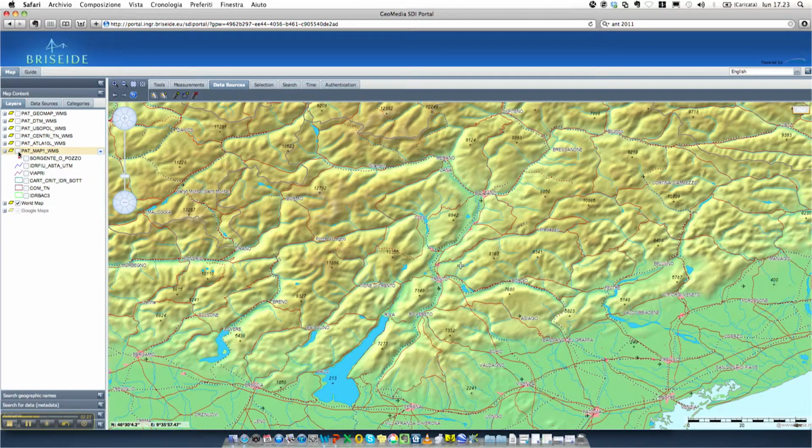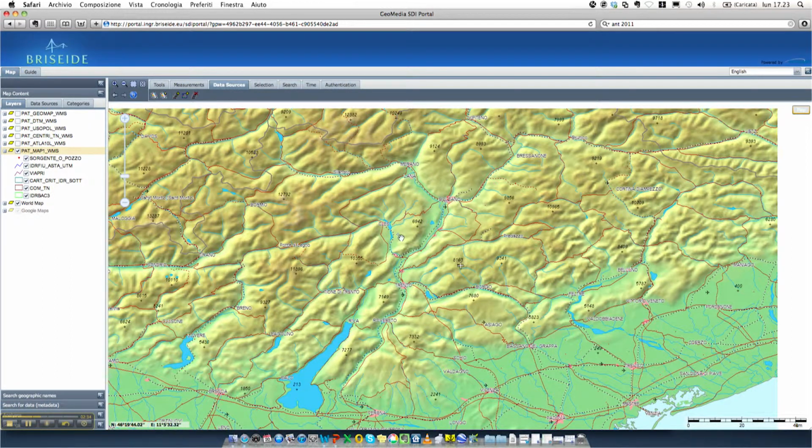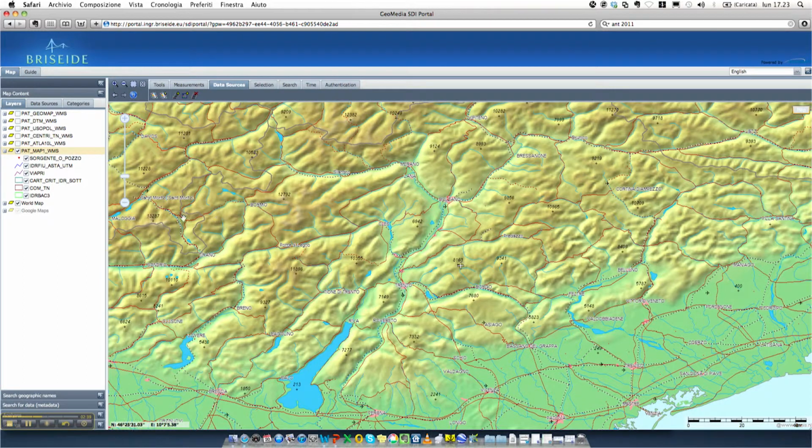Actually, since there is a problem here, I will turn it on again. Perhaps there is some problem with the bandwidth, with the connection. Let's turn on another layer. It seems probably that there is a problem with the connection because I don't get any response,